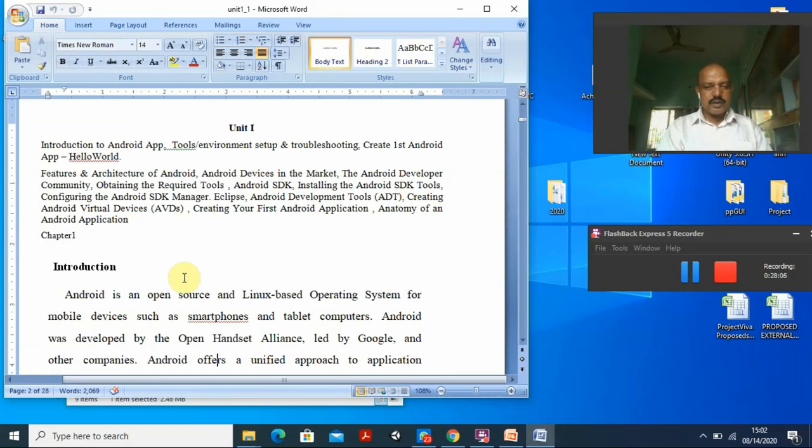Then tools, environment setup and troubleshooting. I will give you time for that, maybe after this class, because first of all I have to ensure that everybody has a laptop. It is not that everything will bounce through your ears and eyes. That will not happen. So you must have the laptop, and I may use different platforms also, like AnyDesk or anything. I want to see your laptop and your implementations. I can check it online here also.